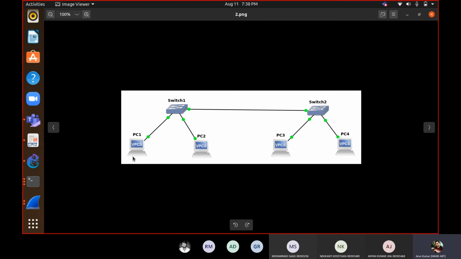Same range you can give, 192.168.2.3, give PC1 .3, PC2 .4, .5, .6, and then check the connectivity. And somewhere place your capture packet also. Can you do it? All of you please draw this and later on, whenever you get time, based on your convenience, you can do it.